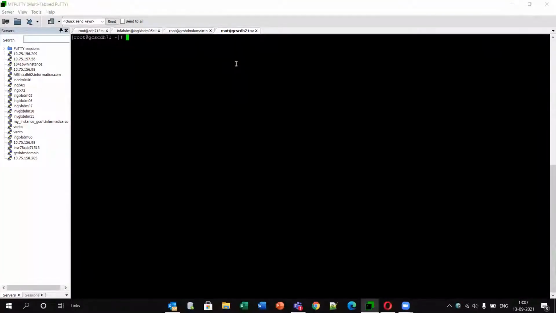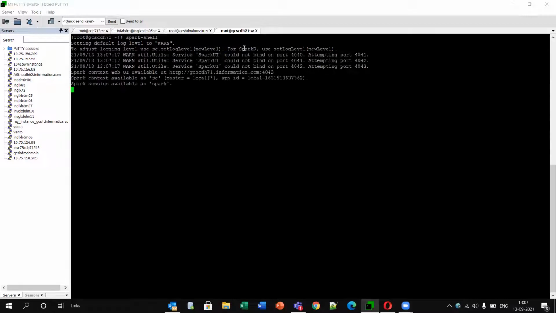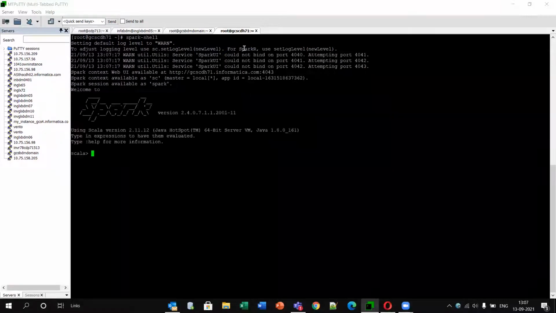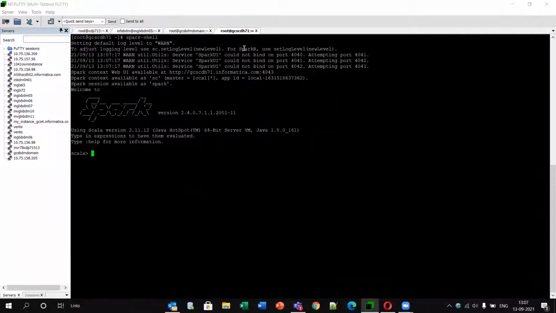For that, I have a cluster named GCS CDH71. Here I need to run the command spark-shell. With this command, I'll be able to go into the Spark shell. Then we just have to run a simple query, and for every query we have to make a variable like this.